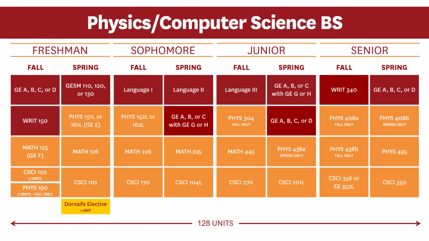This is a sample course plan for the Physics and Computer Science major. As you can see, there is not a lot of elective space. Second majors and minors are not common with this major, however, it is already quite interdisciplinary. You will see on this plan that Computer Science 102 is placed in the first semester, but it wasn't a